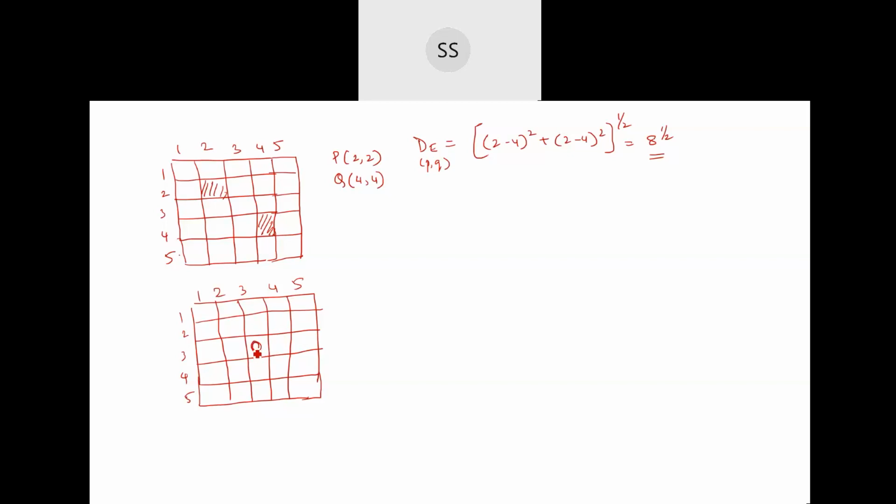In the case of your city block, you're going to consider the four neighborhoods. The block on the top is said to be at a distance 1 from this block. The pixel right at the bottom will be given 1 because it is at a distance 1. The block to the left is said to be at a distance 1. The block to the right is also at distance 1.